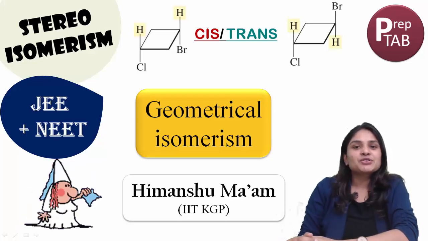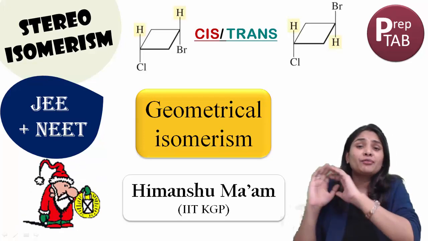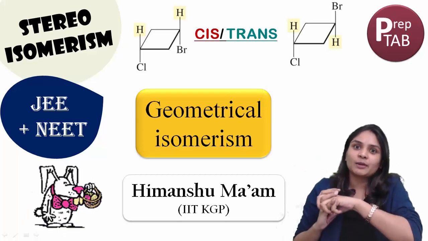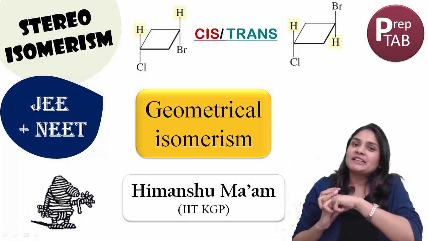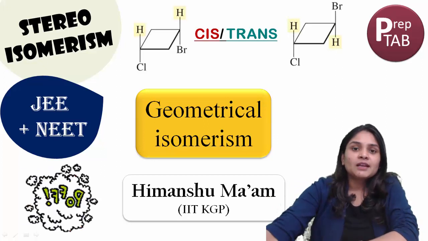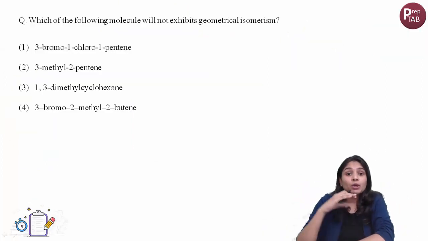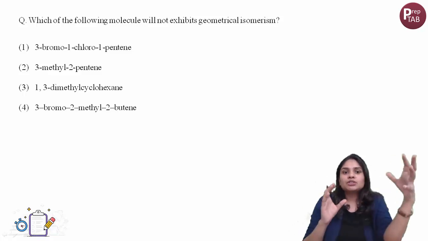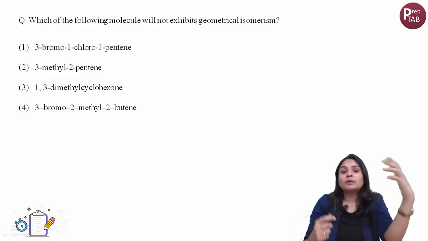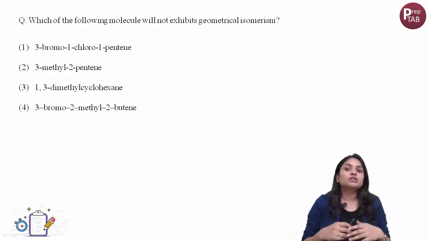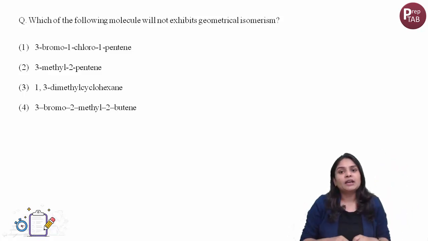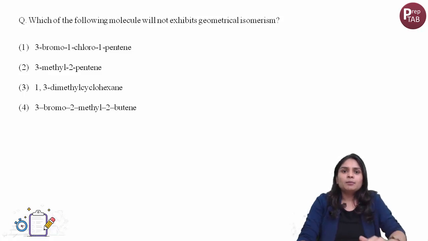This is Himanshu and in this video I'm going to share everything that is related to geometrical isomerism. Okay, so let's start. Let us start with the question, which of the following molecules will not exhibit geometrical isomerism? तो आपको चार molecules दिए हुए, and you have to tell which of these molecules will not show geometrical isomerism. But before we start,